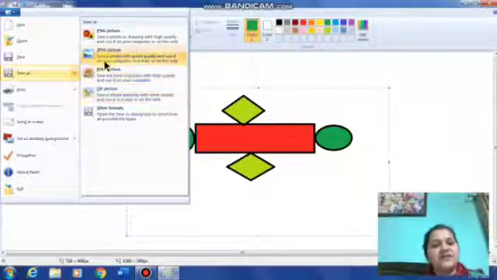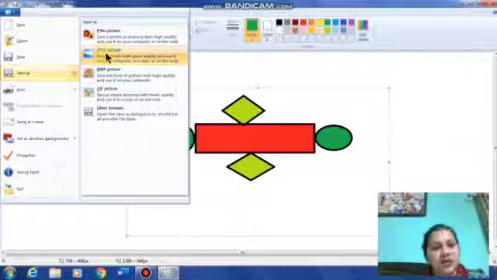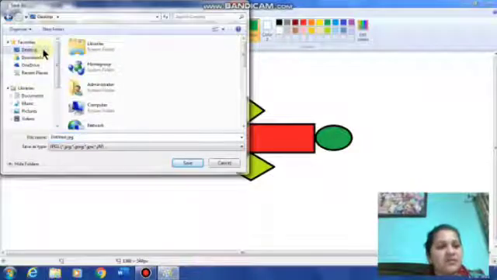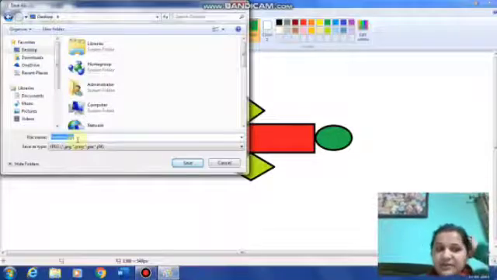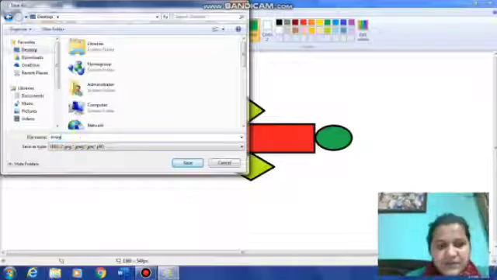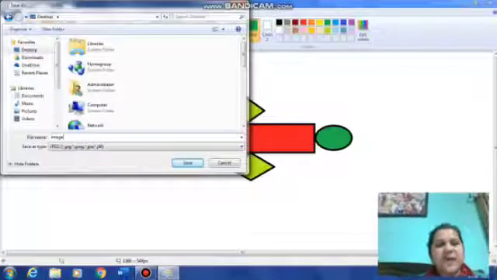Okay children, so by default the computer saves your drawing in the form of a JPEG picture. When you click on this JPEG format, a save as dialog box appears. Select the desktop option from here, and now here are boxes where you can give the file name. Okay, suppose I have typed the file name as image.